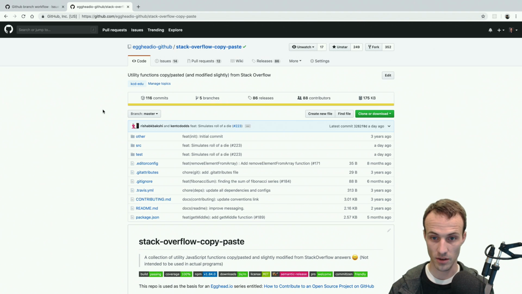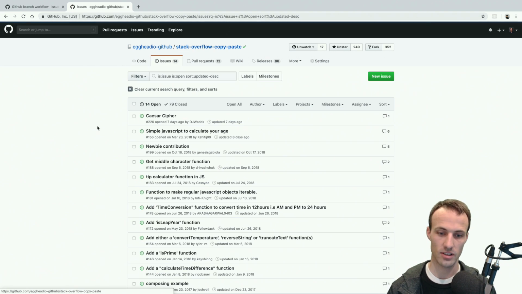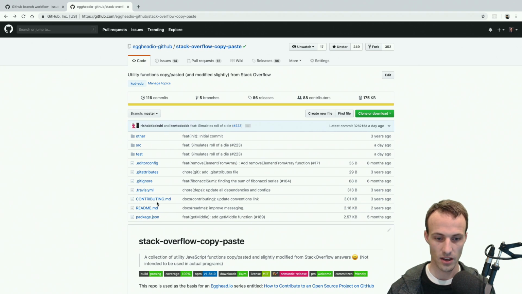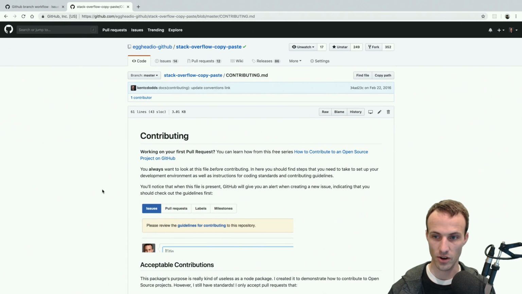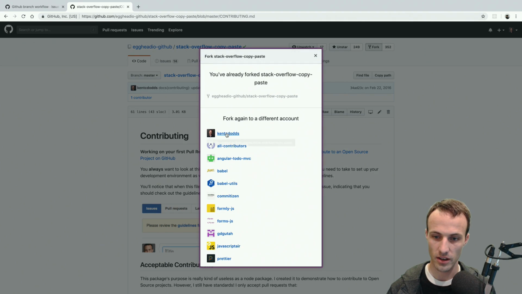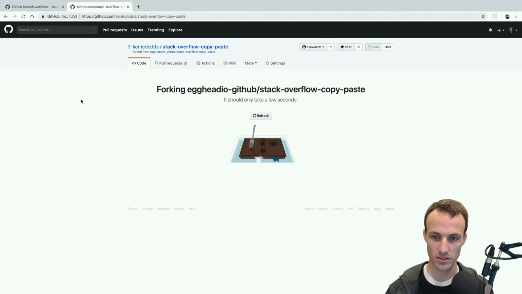Okay, so you come to this thing, you've got an issue that you've looked at and you want to solve that. You look at the contributing guidelines, definitely check those out first, and you'll follow those instructions. Everyone is going to be a little bit different, but here I'm going to click on fork and choose the account that I want to fork. That'll be the Kent C. Dodds account. So this makes a total copy